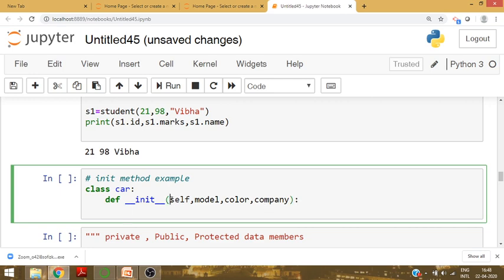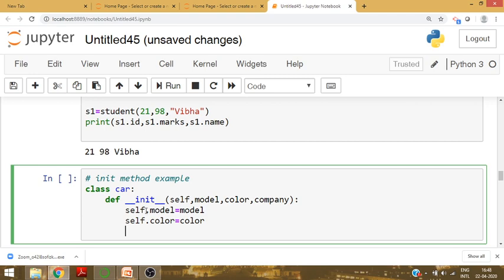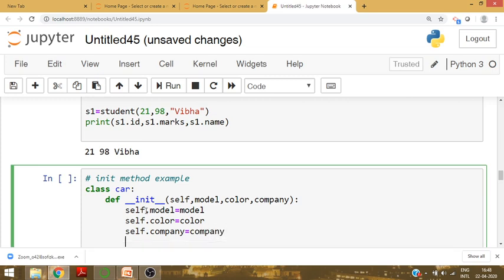These are the parameters we want to add. Next step is self. So self.model = model, self.color = color, self.company = company.